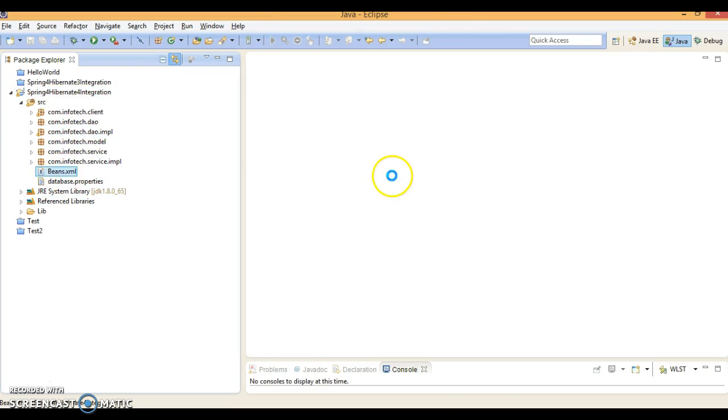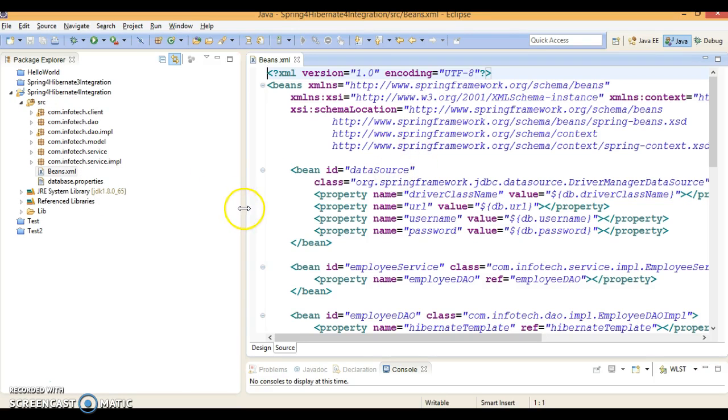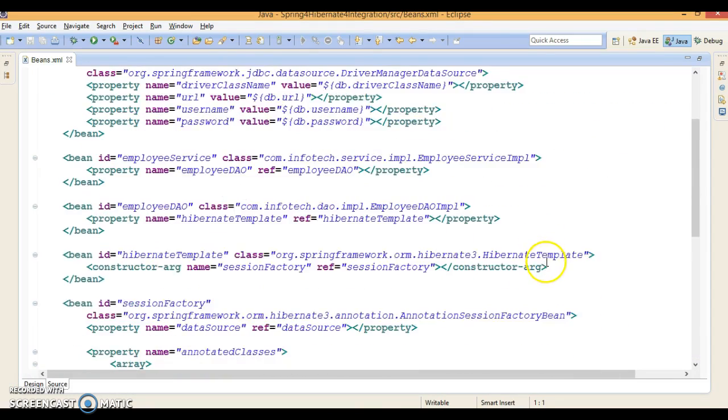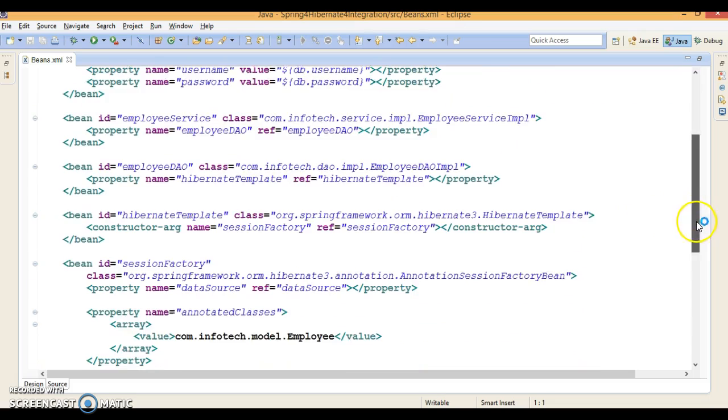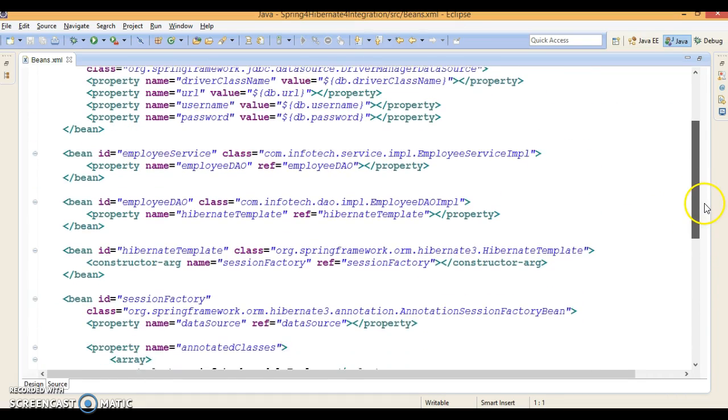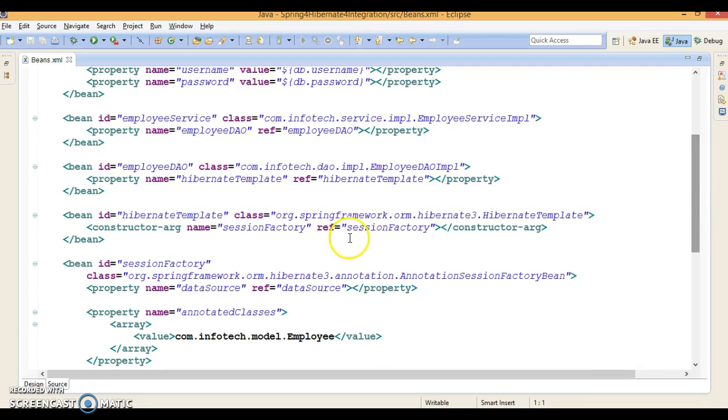First of all, the changes will be in the configuration file itself. Let me modify all the code so that it accommodates integration with Spring 4 and Hibernate 4. Here you can see the package name for Hibernate template is from Hibernate 3. Let's make it Hibernate 4.